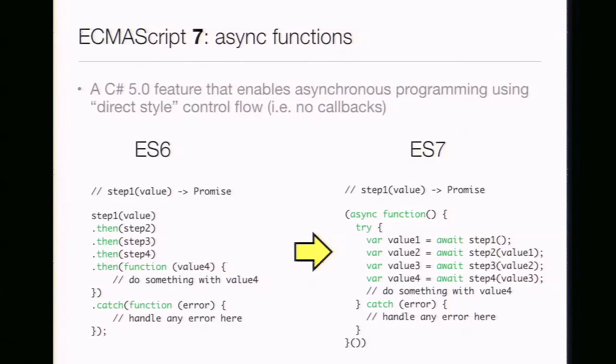By doing that, you sort of lose the ability to use traditional control flow operators like for loop, break, continue, return. You can't really do that. So with async functions, you just annotate the function as async. You can write direct style code that calls out to some asynchronous operations like these 4 function calls, and you